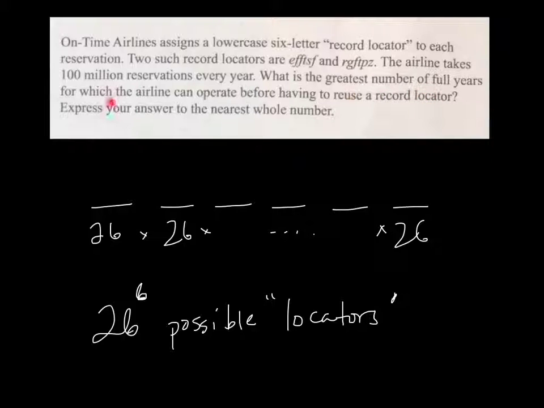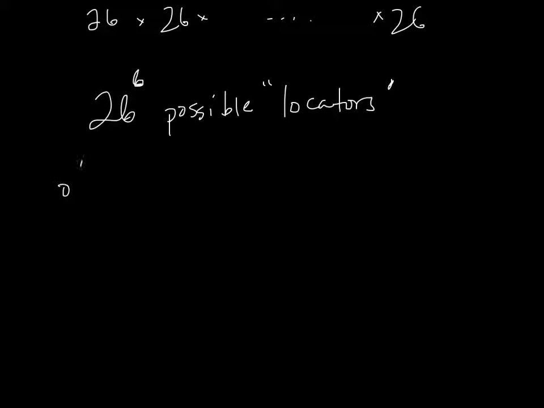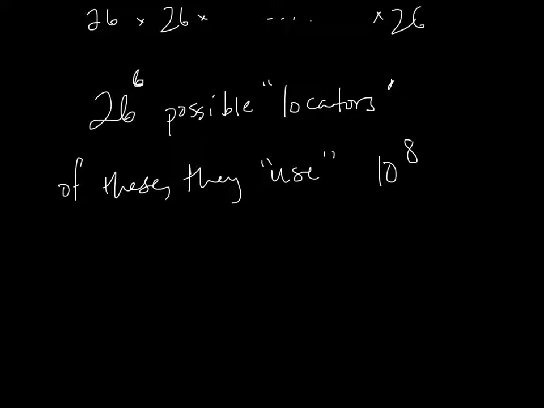Okay, and 100 million is how many they use up each year. So of these, they use 10 to the 8th. Okay, and of course we've talked about these exact numbers. So if you need to pause and figure out why 100 million is 10 to the 8th, please do so. So we need to know 10 to the 8th is, we need the number so that,